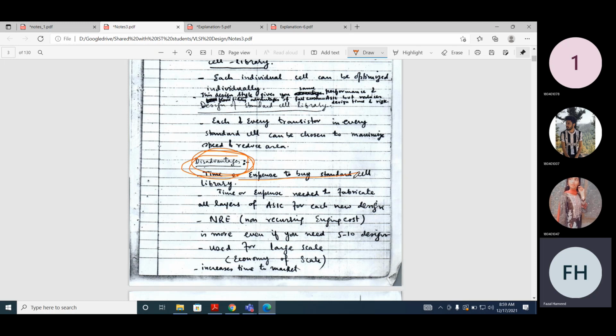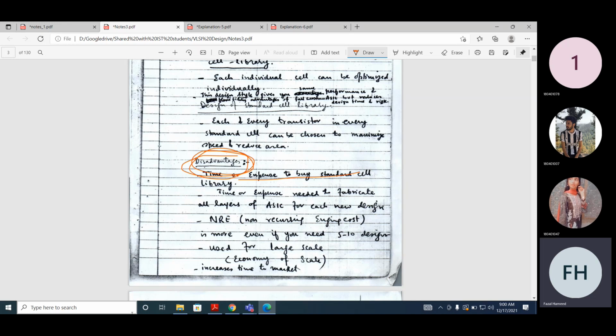So if you increase the number of chips, will the per unit cost be higher or less? Less. So this is the economy of scale. This design only makes sense if you want to fabricate a number of chips. The non-recurring engineering cost implies that you have to pay a one-time cost, like the cost for an admission.